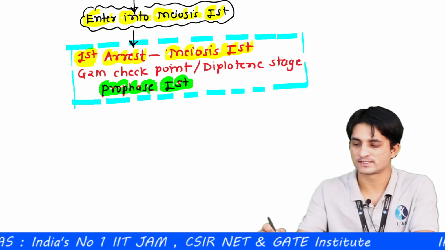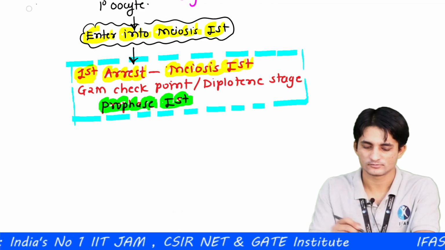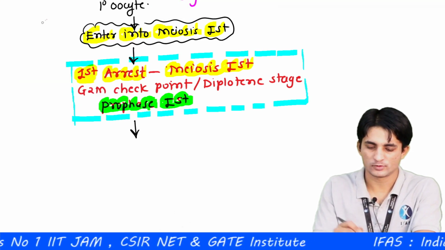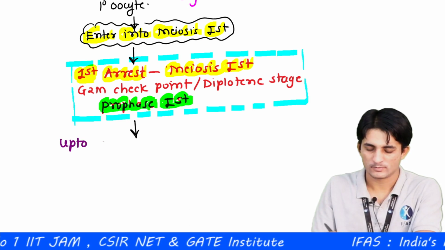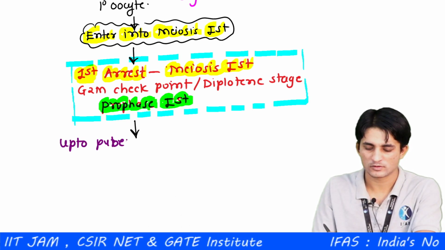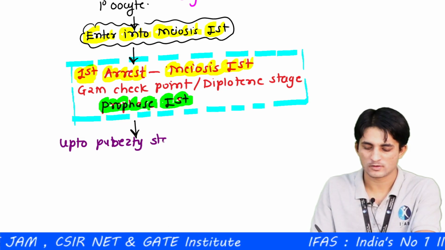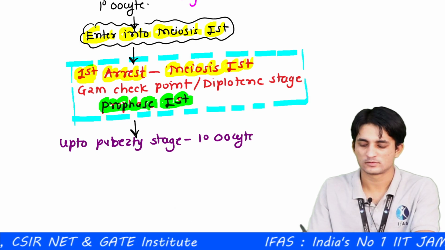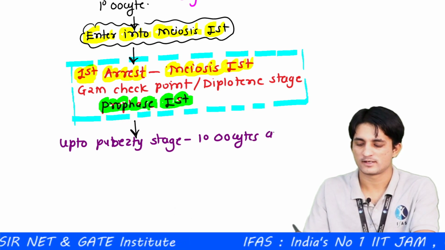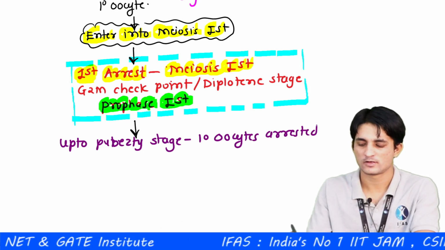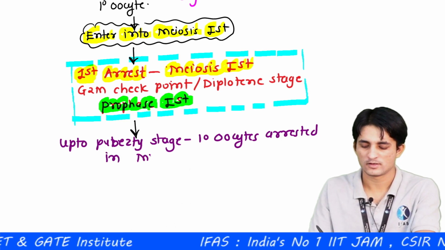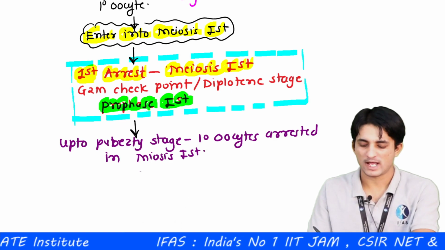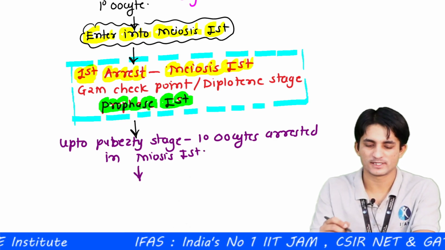Up to the puberty stage, primary oocytes are arrested in meiosis first. Now after, at the puberty stage,